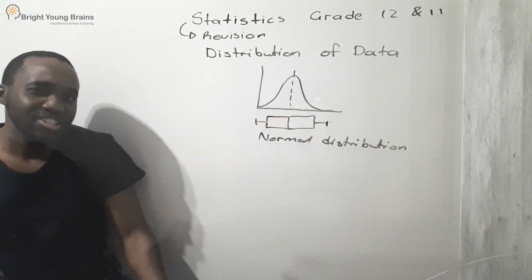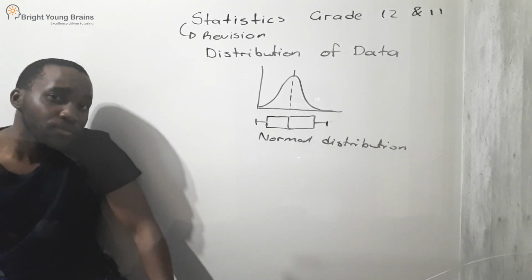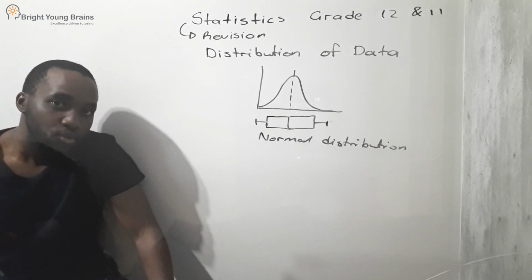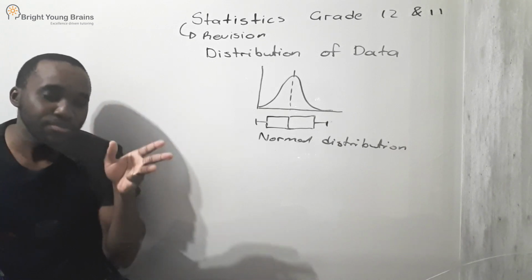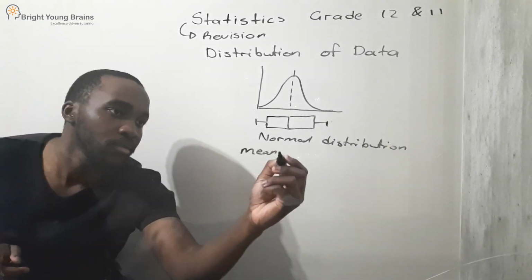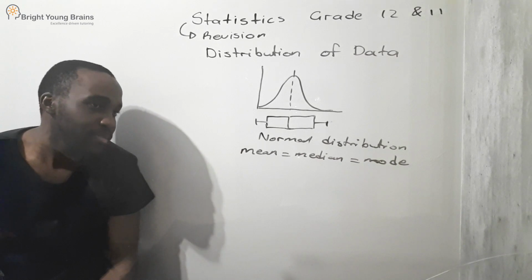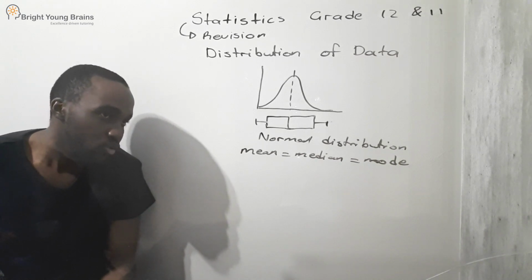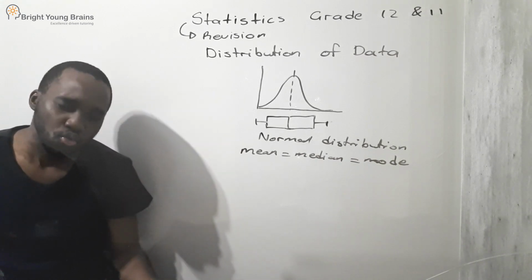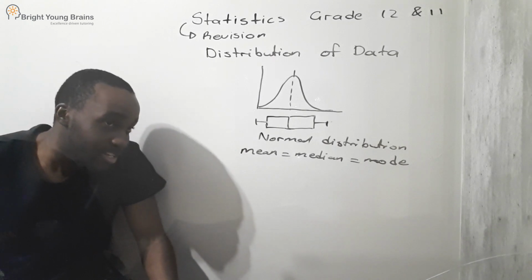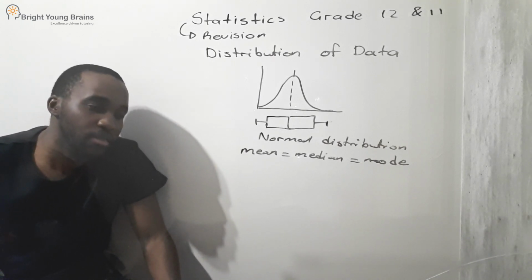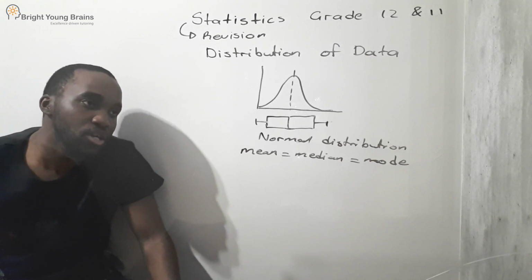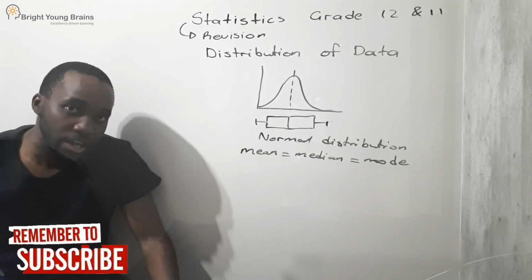Now, apart from just judging with your image, you also need to follow a calculation that will help you determine whether or not your data is actually normally distributed. That formula basically says mean is equal to median is equal to mode. If you have values to work with, you can just verify with this. If your mean is equal to your median and also equal to your mode, then you have data that is distributed normally. With the other two variations,